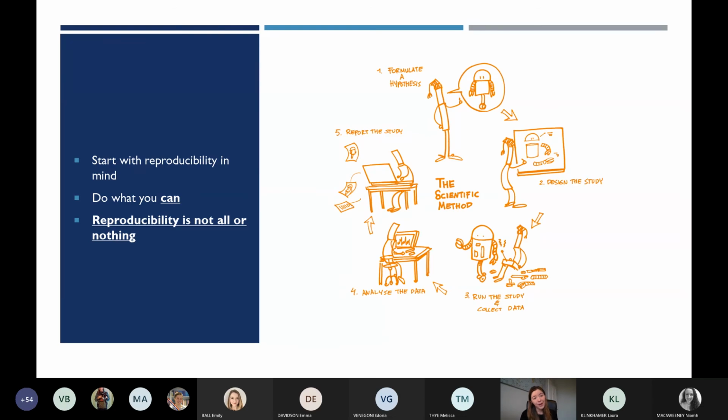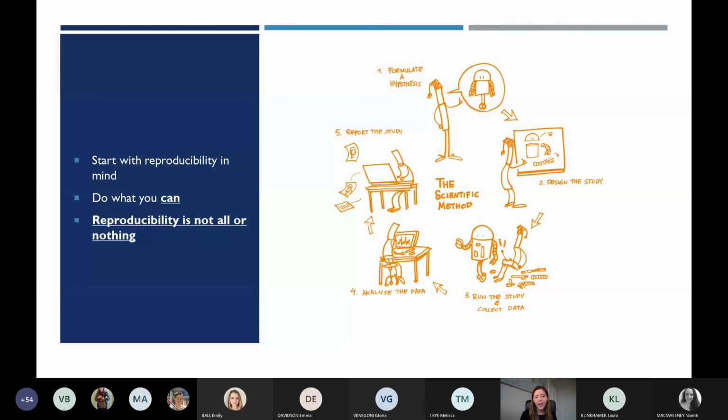On a final note as well, I think a lot of people think reproducibility is just at the end. I'll just make all my data available now and I'll just write it up at the end. But ideally, you do want to be starting with reproducibility in mind when you start off the project. So maybe when you're formulating a hypothesis and you're designing your study, you maybe want to already think about writing a protocol and starting to think about where you can integrate reproducible tools. Maybe you're going to centralize your project on the Open Science Framework or similar. You're going to work out a versioning system or a way of naming your files so that you're going to remember where everything is.